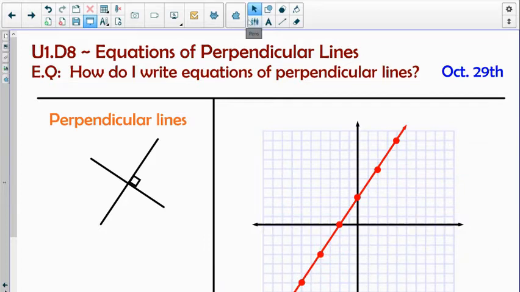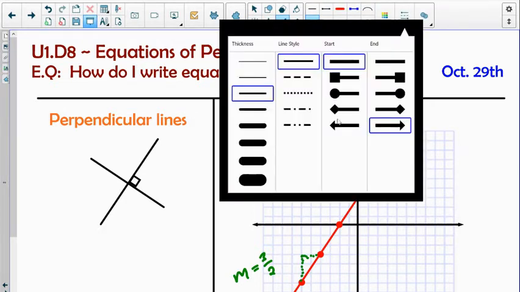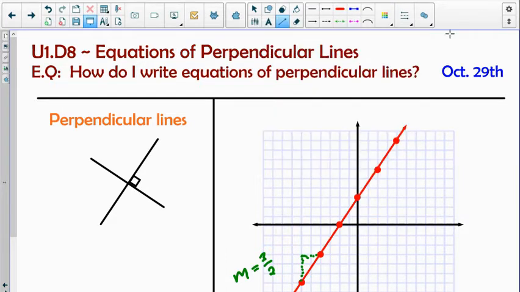If we were to take a look at the line on the graph here, we've got a positive slope. We could even calculate that slope using our rise over run trick. Looks like a rise of 3 and a run of 2. The slope's 3/2. Let's say I wanted to graph a line that was perpendicular to this one. So let me grab my line tool here and see if we can draw a line that looks perpendicular to it. So I'll start up here and go,